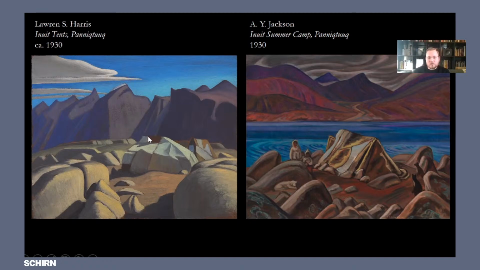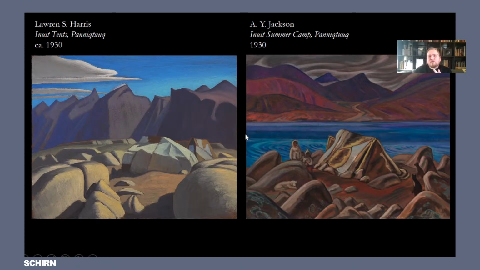This is summertime, of course, and the way that he's reducing painting into these flat areas of color here, right? He's using this kind of slick geometry and way of painting that we saw with some of his iceberg images he's painting around the same time. And he's using that geometrical visual language, right, to condense these shapes. And in condensing these shapes, right, he also makes these Inuit tents really indistinguishable from the stones and rocks and